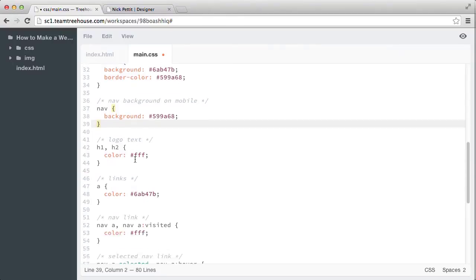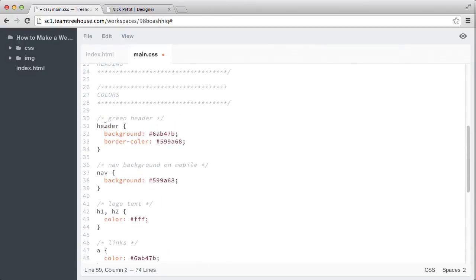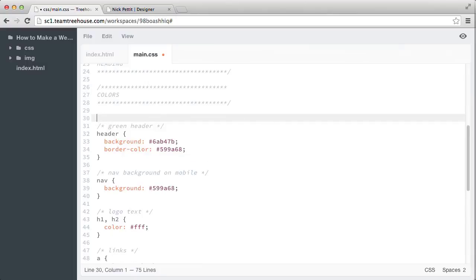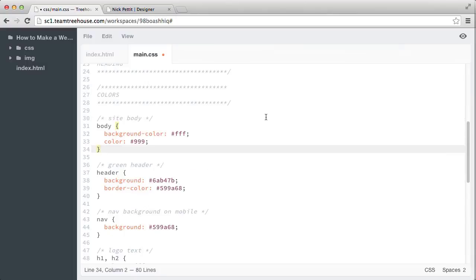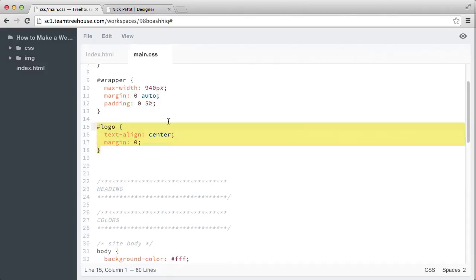So I just want to do that. And then I also want to keep all of these links together just like that. Actually, I think I'm going to put the site body up at the top here, just so that it's consistent and kind of has the site body as the first thing in our list of colors, since that's the most broad selector that we have. And then we need to move, let's see, our logo here